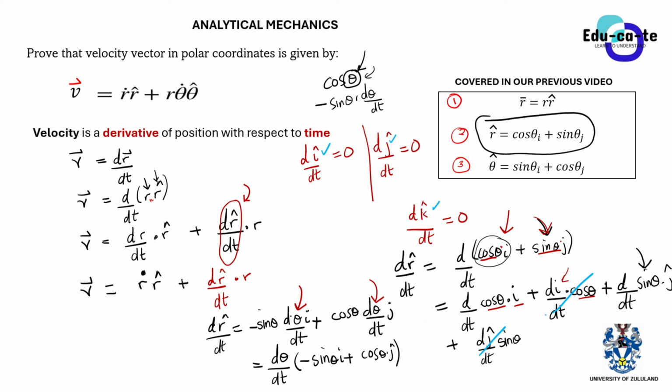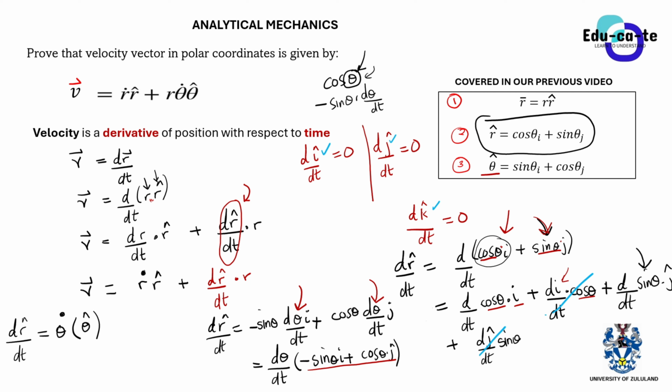And to express d theta dt, you can just say finally d r cap dt will be equal to, d theta dt, which is just the first derivative of theta with respect to time. So you can just write that as theta with a dot on top because it's the first derivative, just as we did here with r with a dot on top. And then this is multiplied by this expression here, which is negative sine theta I plus cos theta j. It is equivalent to theta cap, the unit vector for theta. So this is basically going to give you theta cap. So this is basically the derivative of the unit vector r cap with respect to time. So you have found it.